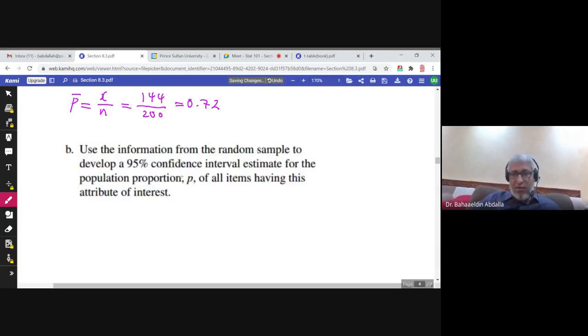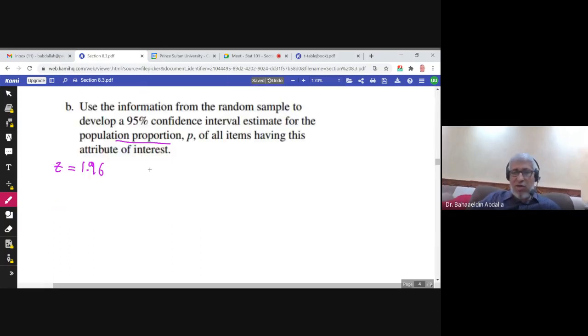Use the information from the random sample to develop a 95% confidence interval. So Z is 1.96. Estimate for the population proportion of all items having this attribute of interest. We need only here P bar, and we have it. It is 0.72. So the confidence interval would be P bar plus or minus Z times the square root of P bar times 1 minus P bar over N, and it is 0.72,